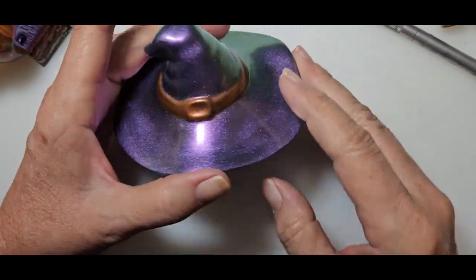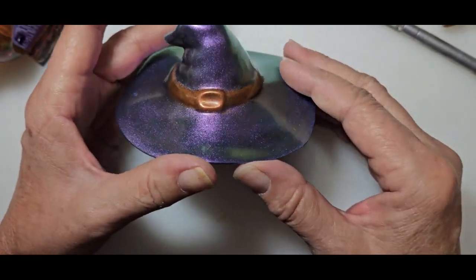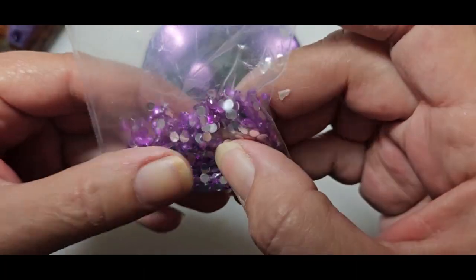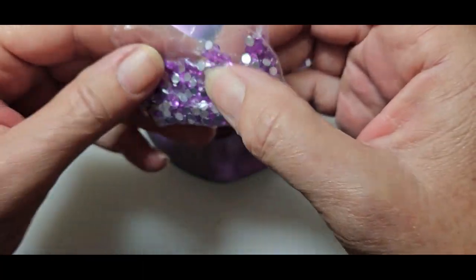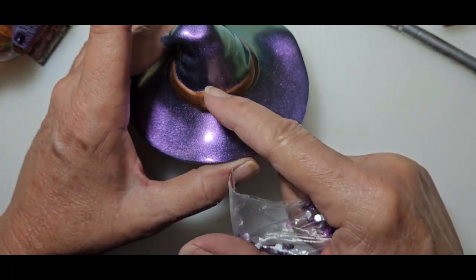Okay, to the hat we come. Almost there. Now, I like the color of the brim, but I need to add something to it. So I found, when I did my little diamond paintings, you get a lot of extra gems. I'll tell you what, there's quite a few extra gems. I wanted to glue those around the